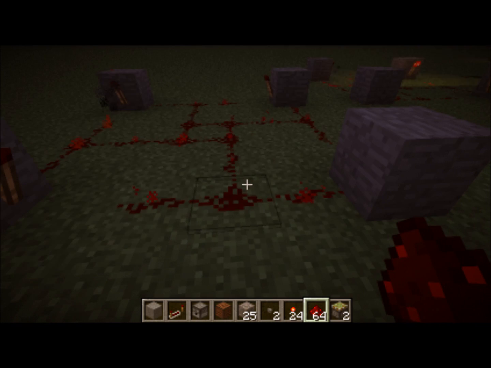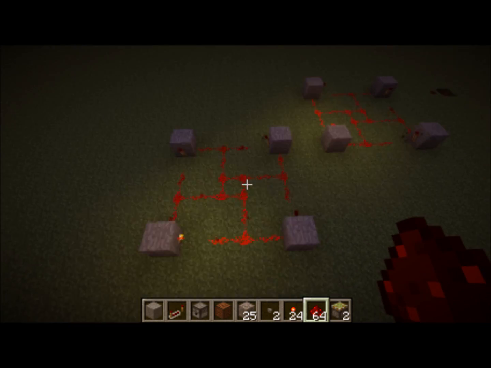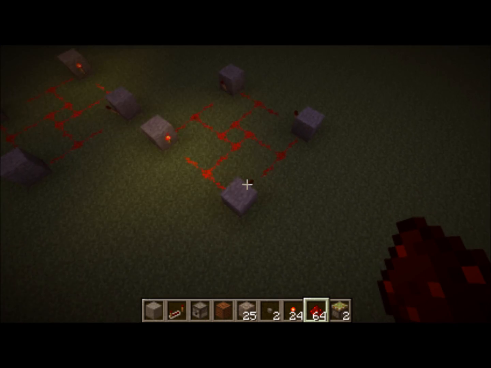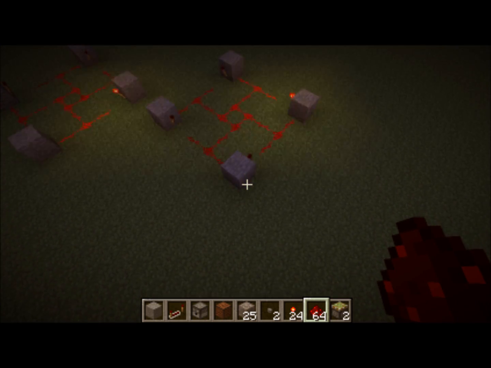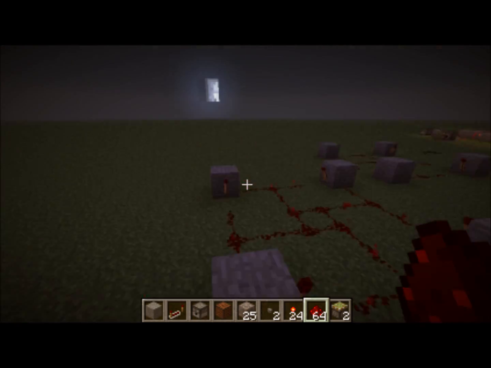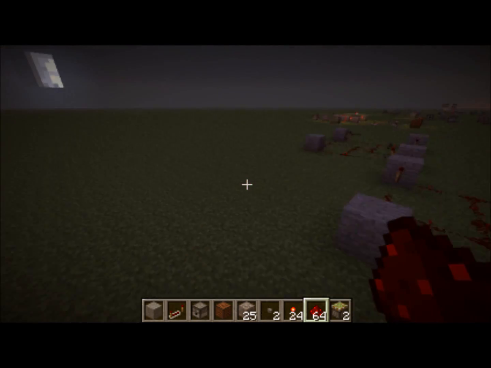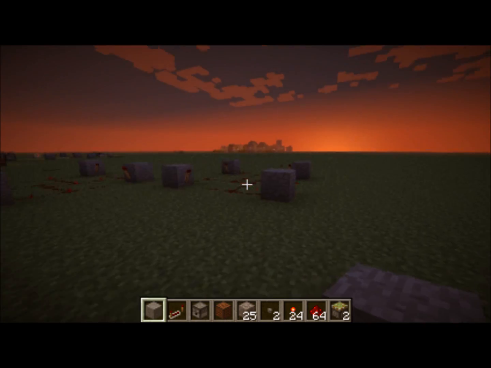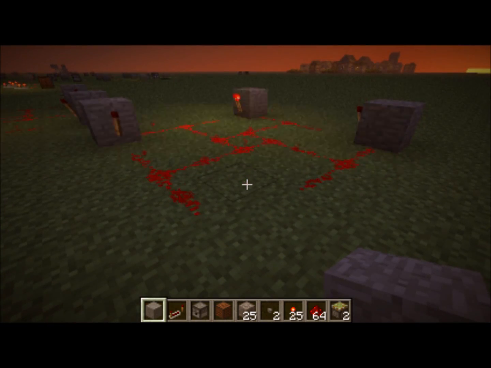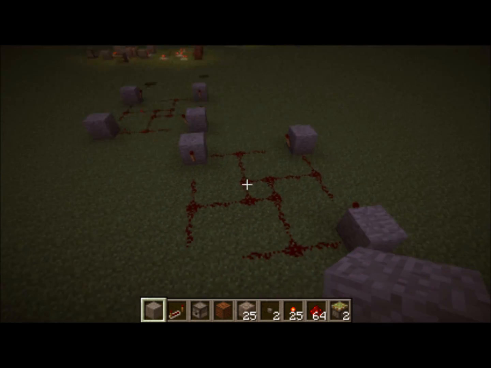And then once you connect all 4, it should continuously keep flashing because the current will just keep traveling around. And there you have your continuous repeater using only torches and redstone. Now something interesting about this, if we take out one of them, it will flash for a while and stop,